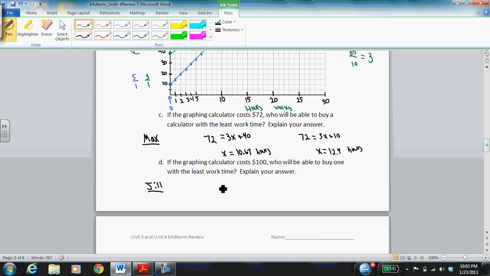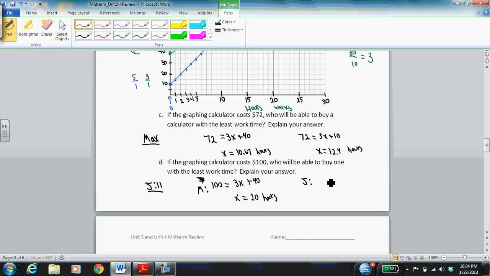So let's look at that algebraically as well. Same process. This time it's 100 that we're trying to figure out what value for x corresponds to a y value of 100. So we plug in 100 for y and we solve. And when you solve that, you'll get x equals 20 for Max. So for Max, it's 20 hours that it takes, and for Jill,